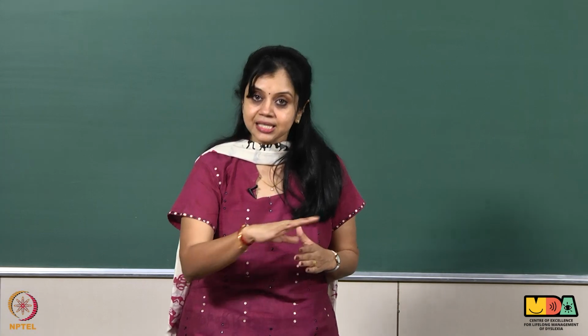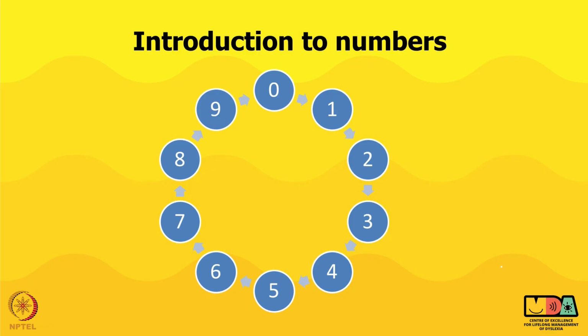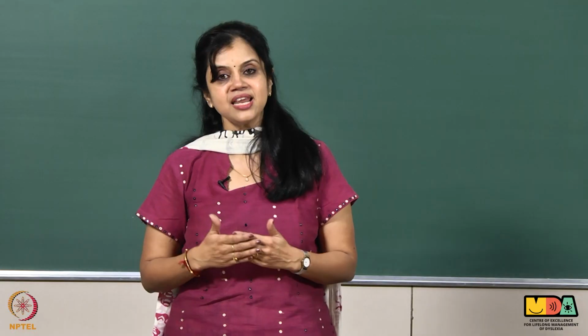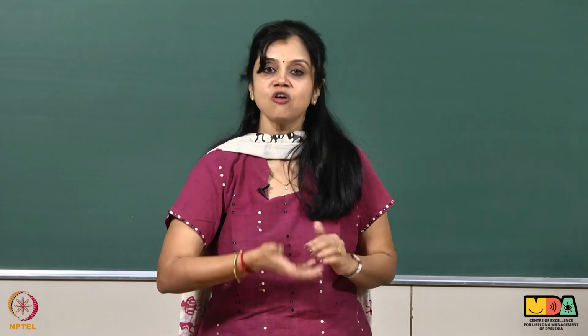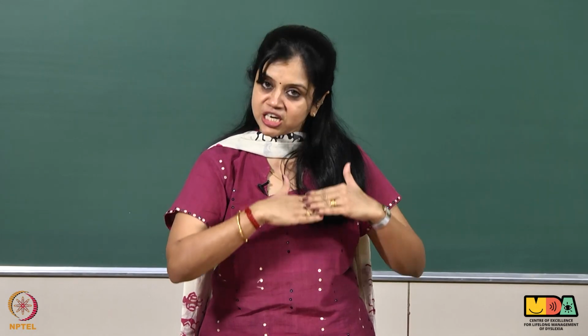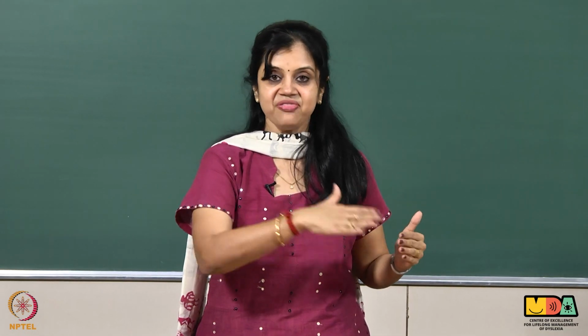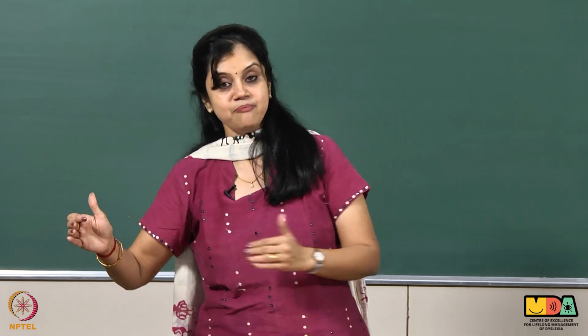It would be easier for children if we introduce basic numbers starting from 0 and ending till 9. 10 is nothing but a combination of these basic numbers. So, the numbers that we need to introduce are not from 1 but from 0 and then it ends till 9 and after that the numbers are only a combination of these numbers.